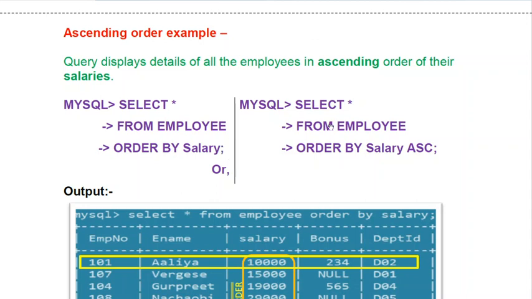Alternatively, you can write the same query with the help of ASC: select asterisk from employee, order by salary ASC. Both will produce the same output. So this is what we are saying, that ASC is optional. ASC is the default value. If you are not specifying the order, it will take ASC by default.